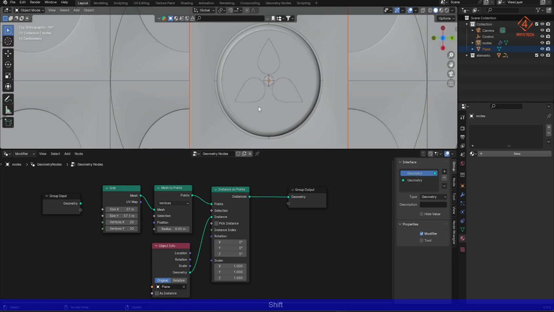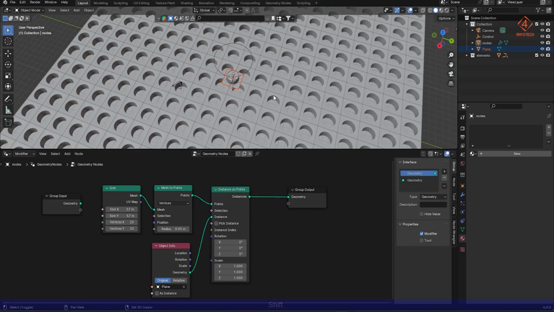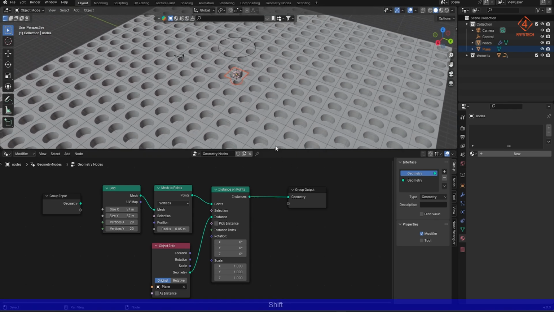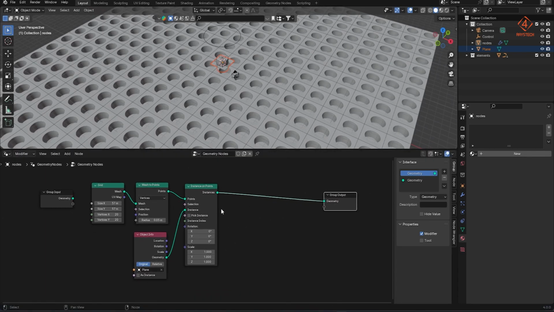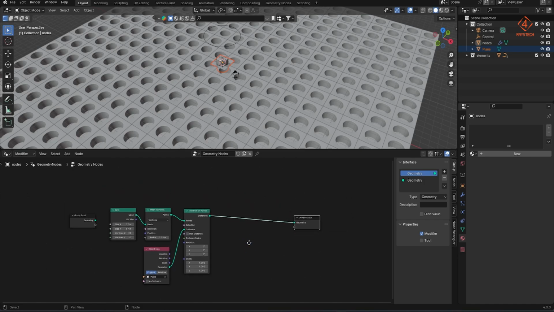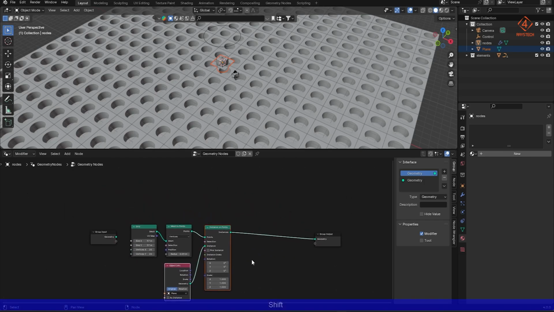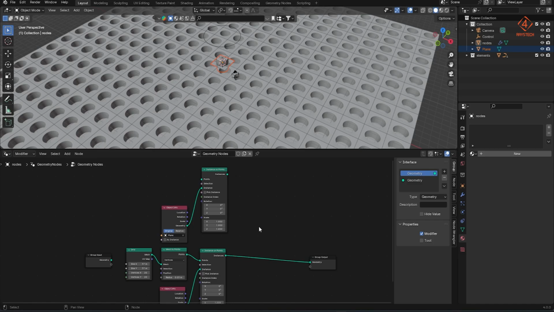So we've replicated all of those planes on the vertices of the grid that we've created using geometry nodes. The process is straightforward. We'll do the same thing now with the elements that we've created. So for that, I'll just Shift D and duplicate these set of nodes, move them above, and extend this to make a join geometry node